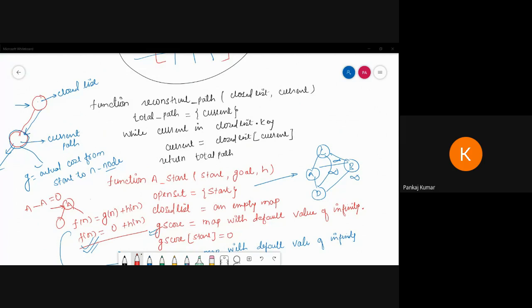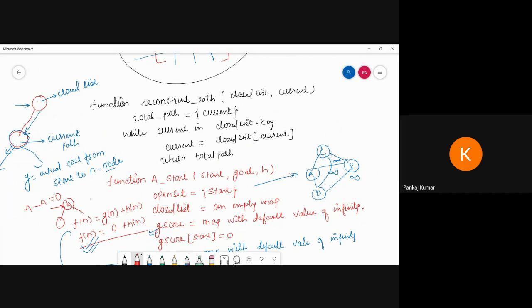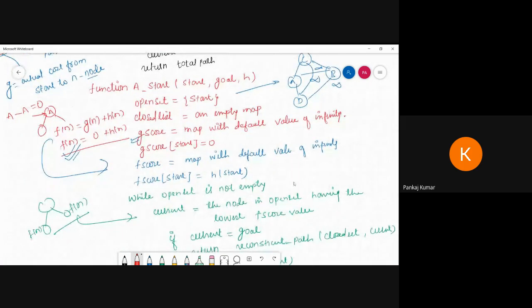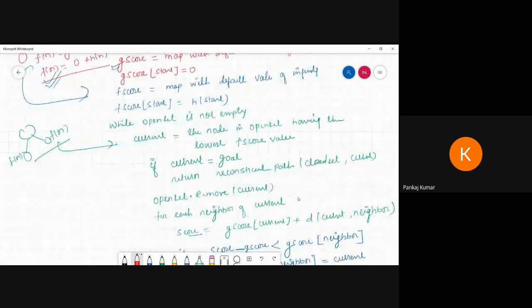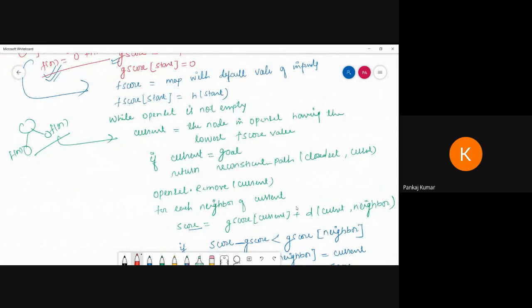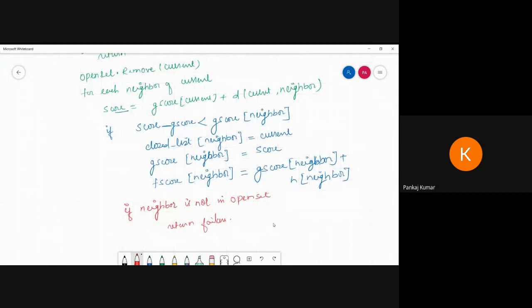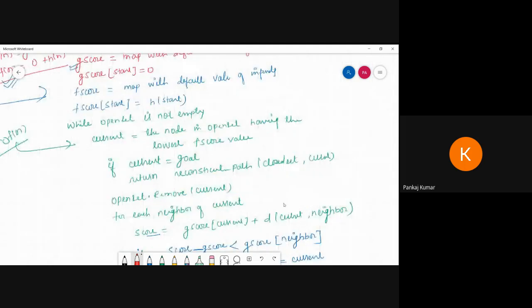First we have to create the construction to store the path. After that we have to assign which one is the start and goal, and what is the value of G and H and start value. Then you have to calculate the distance value, then put into the open and closed list. Then we compare less than or equal to, and after that if the open list is empty, then return failure.